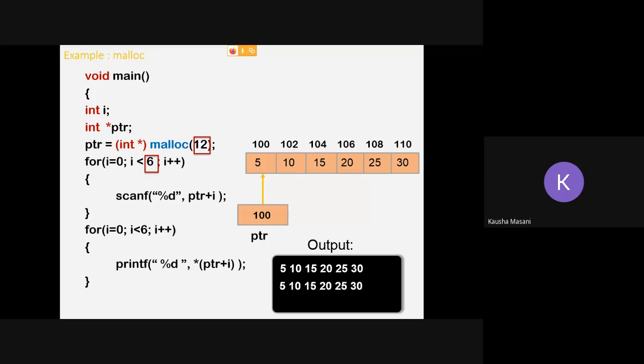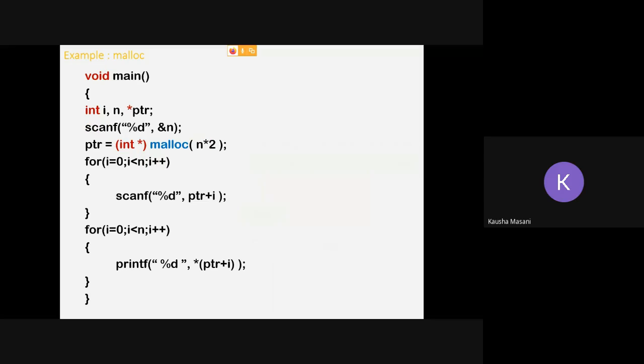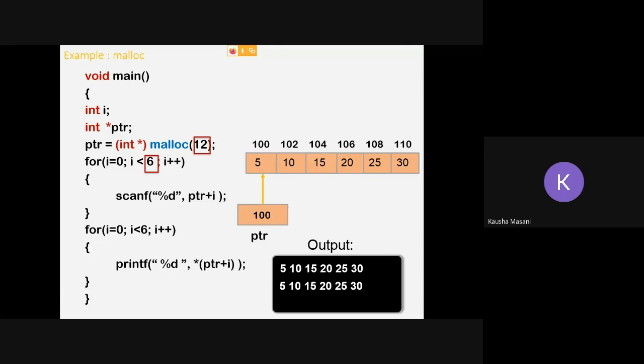This is what I had highlighted to demonstrate and clear the concepts, but as I have already explained it, I'm not going over it again. Coming to the part where we make our program a little more dynamic, that means more interactive with the user. In our previous program we had given malloc 12.